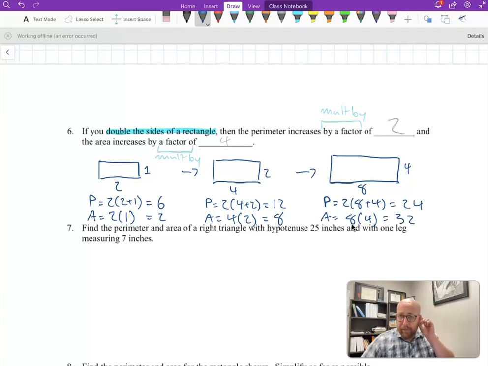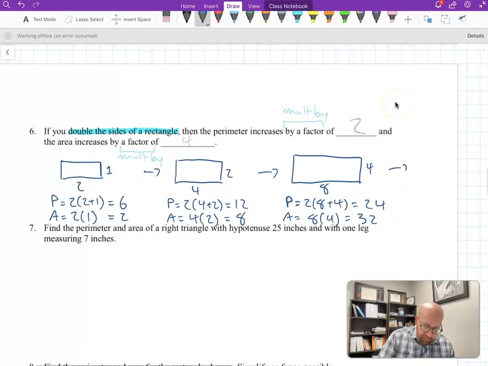Now, let's compare rectangle 2 and 3. Let's talk about perimeter. What do we have to multiply 12 by to get 24? The answer is 2. What do we have to multiply 8 by to get 32? The answer is 4. So, if we kept on going to the next rectangle and to the next rectangle,